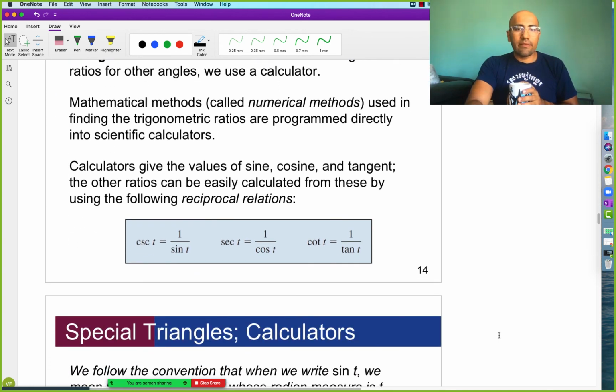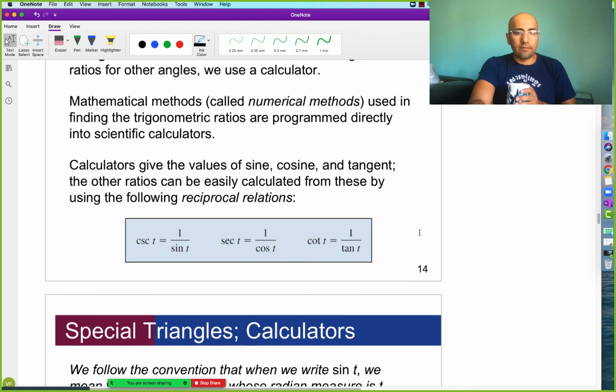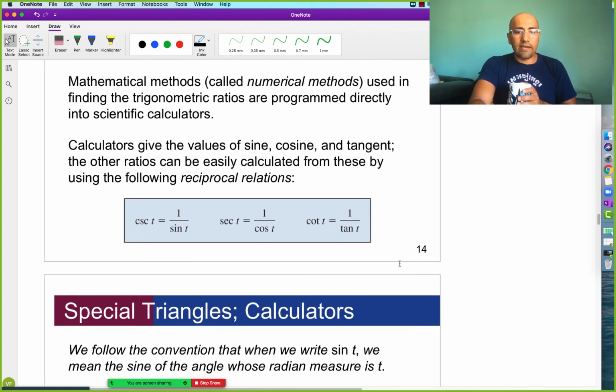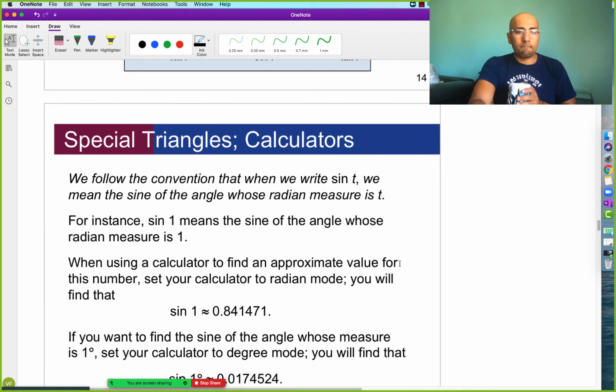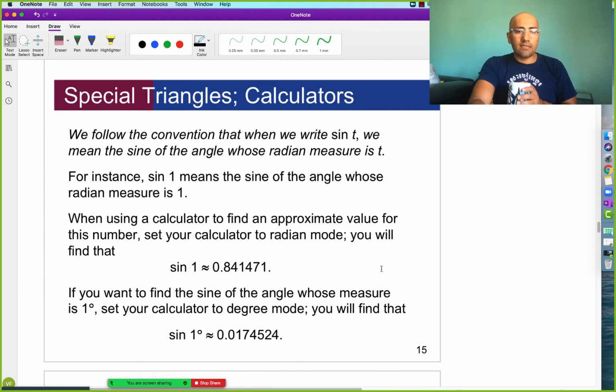Right, so mathematical methods called numerical methods used in finding trigonometric ratios are programmed directly into scientific calculators. So that infinite sum that I described, that's not exactly what's in your calculator. We've come up with some other sophisticated math to find equivalent values that are easier to find, or in some cases, a good approximation that makes it easier for your calculator to find it. But essentially, they're finding that infinite sum. It's just something equivalent that's a little easier for your calculator to determine. So then, the benefit for us is that we have a nice, pretty button on our calculator that gives us those results. Okay. So, for instance, sine of 1 means